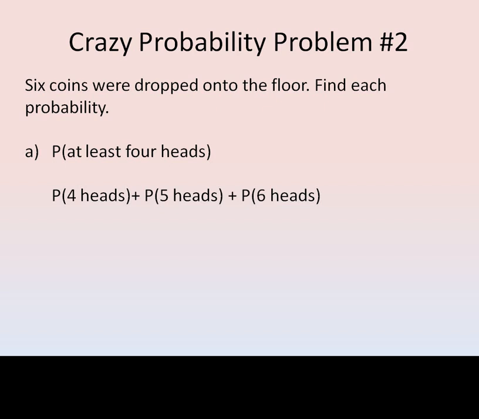Like the last problem, we have 3 different probabilities. The probability that 4 of the coins were heads up, the probability that 5 of the coins are heads up, and the probability that 6 of the coins are heads up. We have to find each one of those probabilities. When we do that, to find the probability of 4 coins ending up heads up,